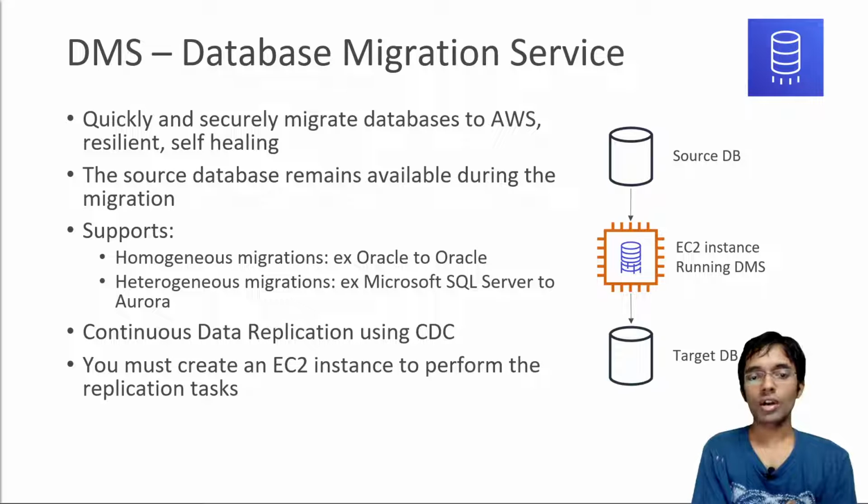Okay, now let's talk about DMS, which is the Database Migration Service. As the name indicates, it allows you to quickly and securely migrate databases to AWS. The beautiful thing is that it's resilient and self-healing, so your database migration job can recover from failure. The source database will remain available during the migration, which is a good thing. That means you can keep on using the source database while migrating to the target database, and then safely migrate